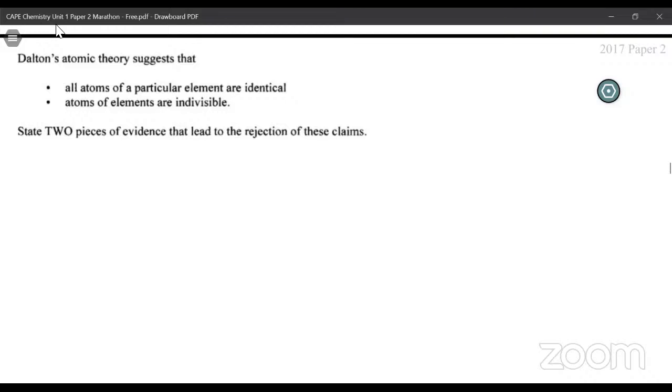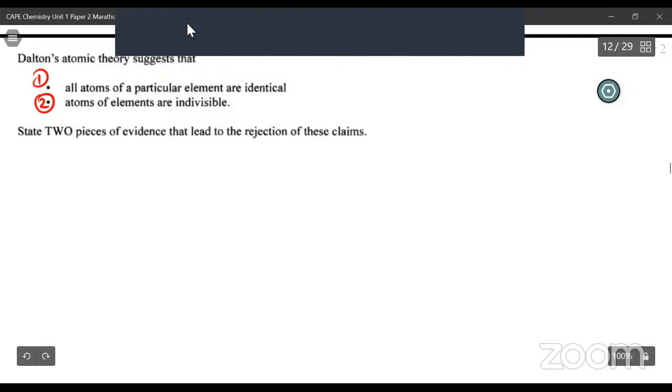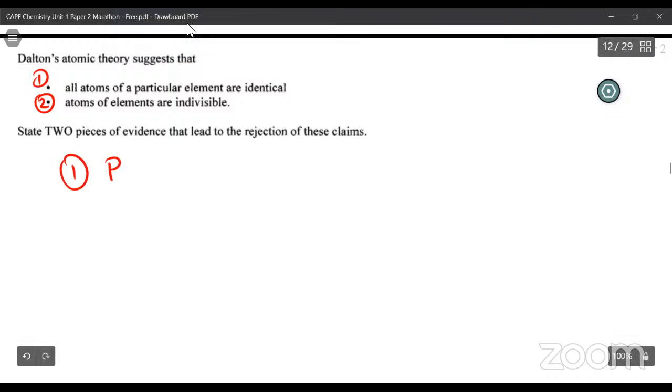All right, so this says all atoms of a particular element are identical. That's not true. Why isn't this true? All right, I'm going to label this because I'm lazy. Of course, ensure you answer your questions in complete, well-developed sentences. Number one, not true because isotopes exist, right? And the evidence for this is that on the periodic table,